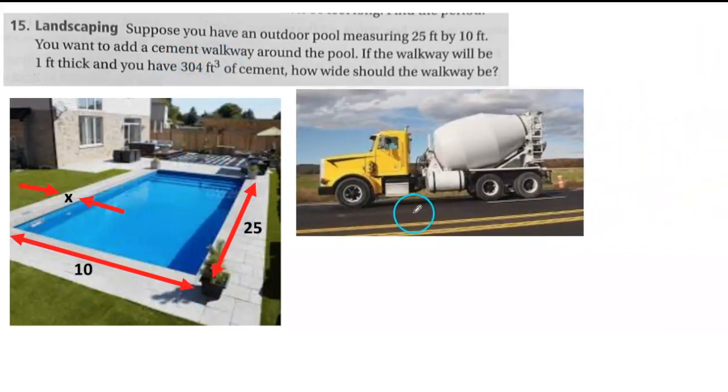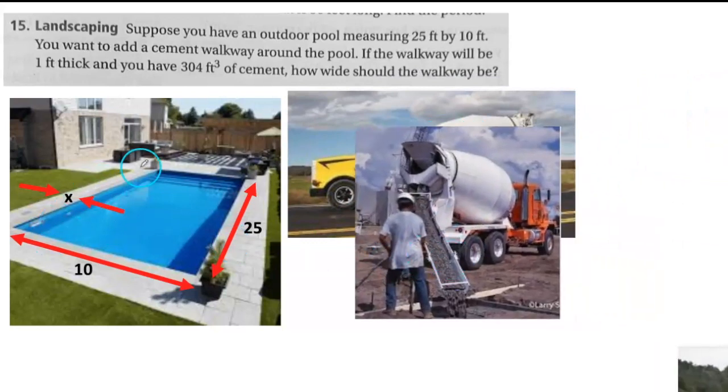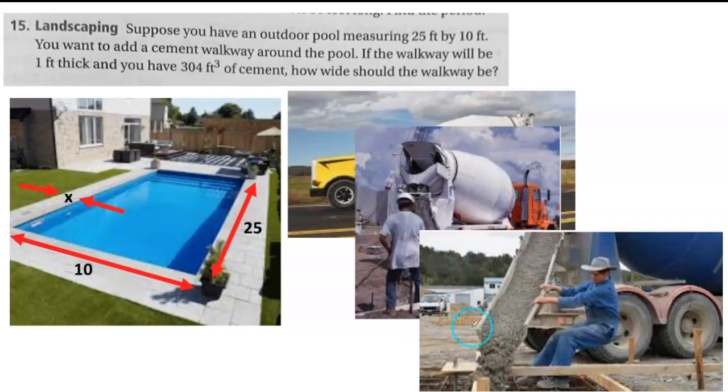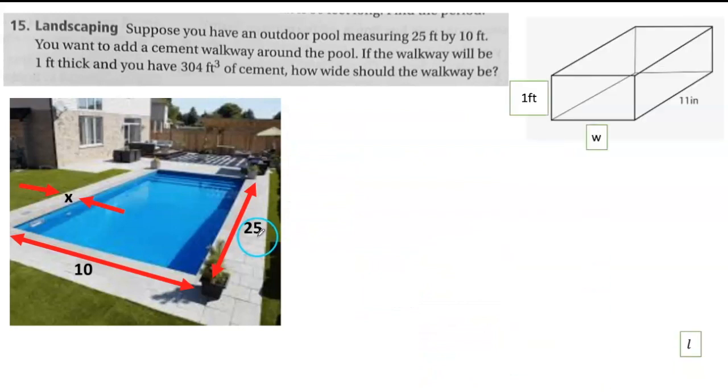Now let's talk about the cement. Cement comes in trucks, and then we have to pour it around the pool, right? They pour it like that, and it gets hard. Okay, so let's talk about the volume that is given. They're saying that I have 304 cubic feet of cement, being that it's going to be 1 foot thick. So let's pretend that I pour all my cement in this rectangular prism. Okay, so I have 304 cubic feet,